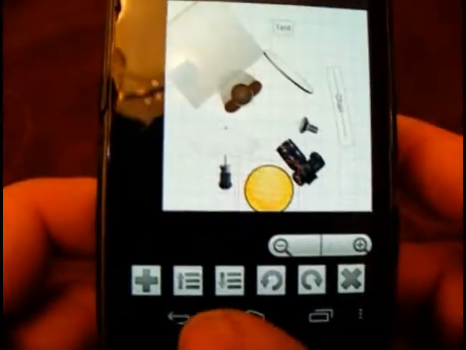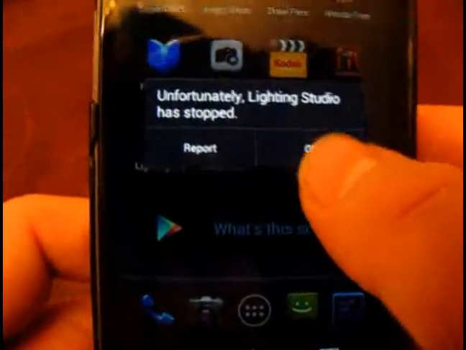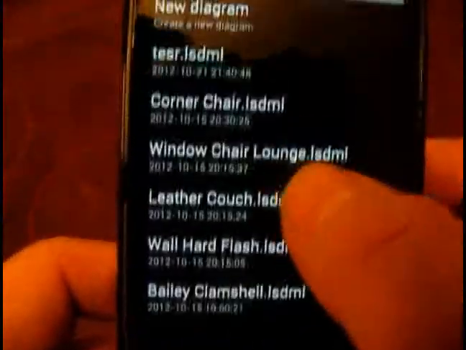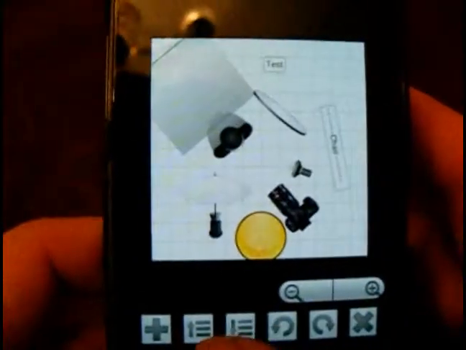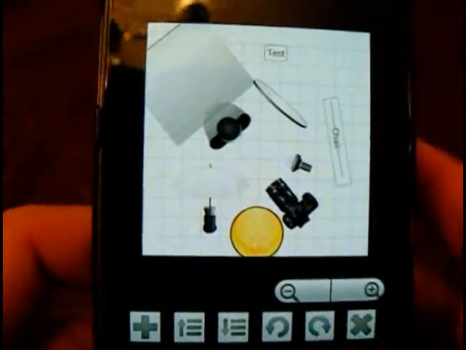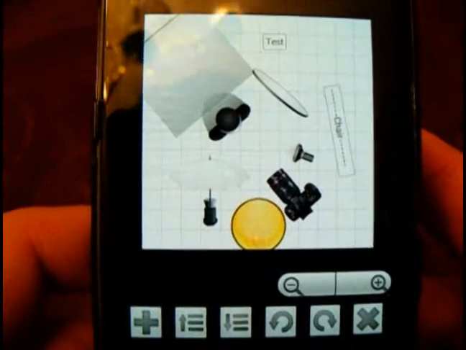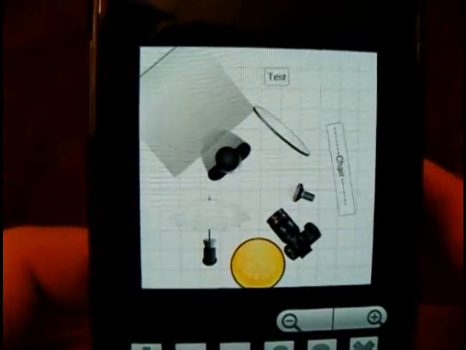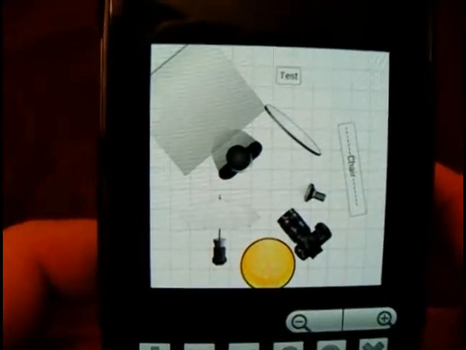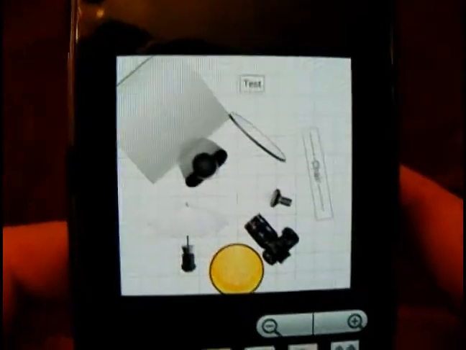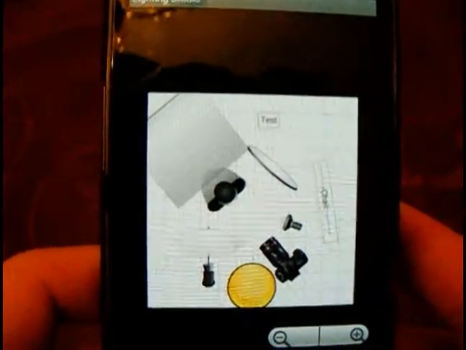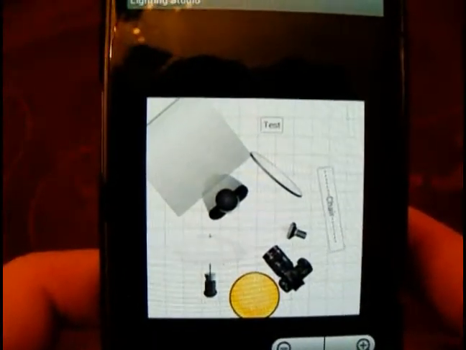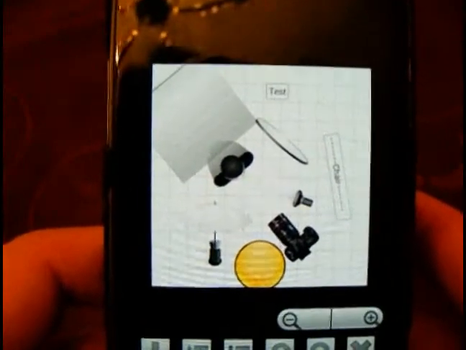Now, it's slightly buggy. It's okay when you're in it, but when you come out of it, it says Lighting Studio stopped. But don't panic, go back into it, and everything's still there, so it's fine like that. I think for the price, free, it's a really good tool to have on your phone, and it's a fun thing to play around with, and it's useful as well. So there we go, Lighting Studio for the Android. Check the Google Marketplace, check the Play Store, and install it and have a bit of fun playing around with